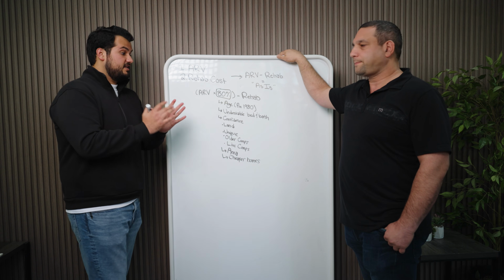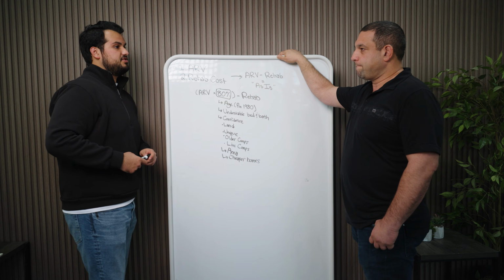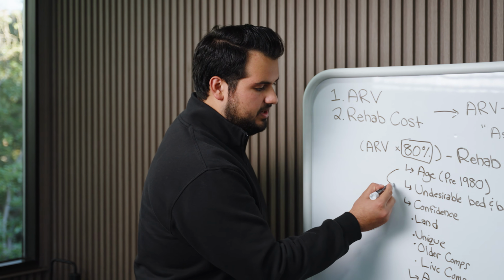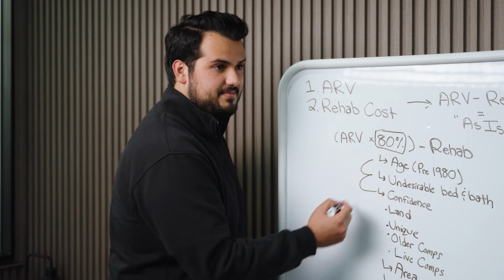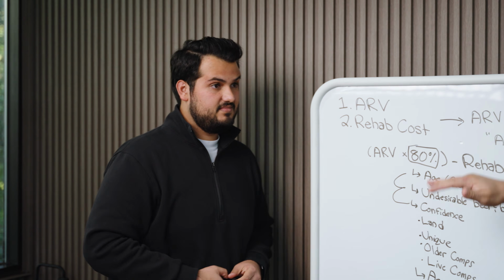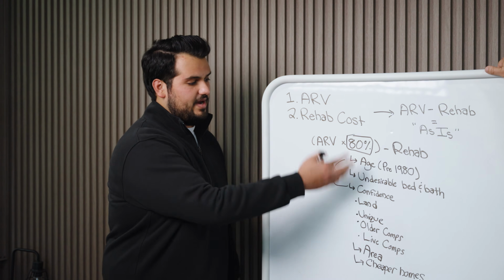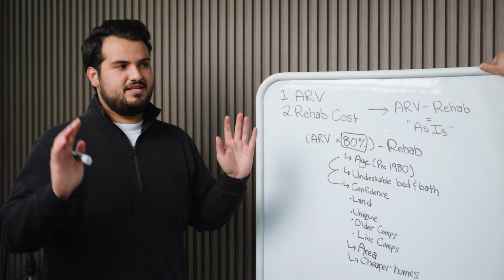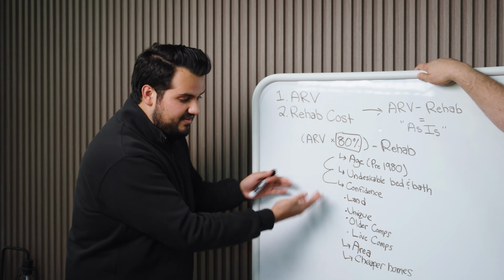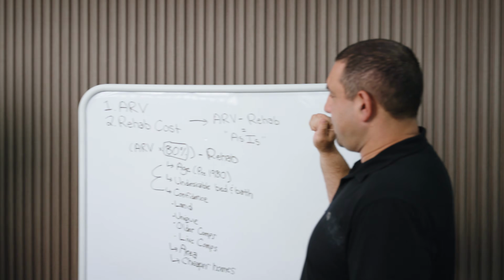100%. The other thing that I'll say, now that we've gone through some of these, is what if it's a combination of all of them? What if it's a pre-1980s home that's a 2-1, and there's not really that many comps around it? What would you do? It keeps getting worse and worse. You're going from 80 to 75 to 70 to whatever. You've got to be safe. Yeah, absolutely. So it's not just that it has one or all of these things and we're at 70%. No, it gets dramatically worse as they have more and more of the things that we don't like or are less appealing.